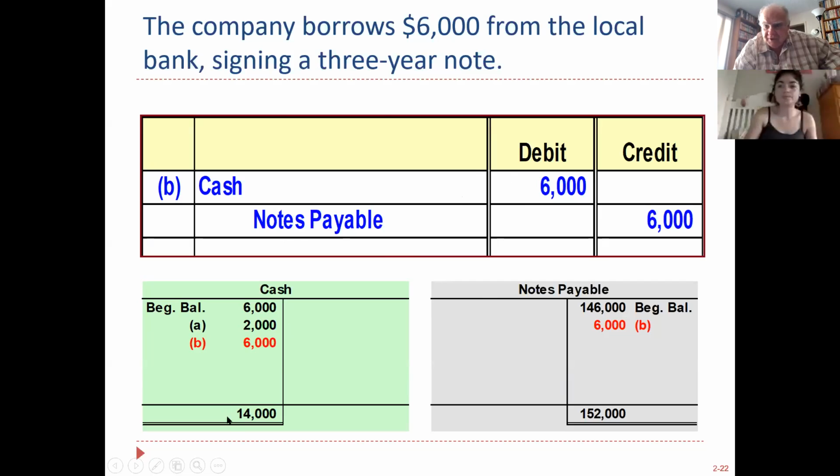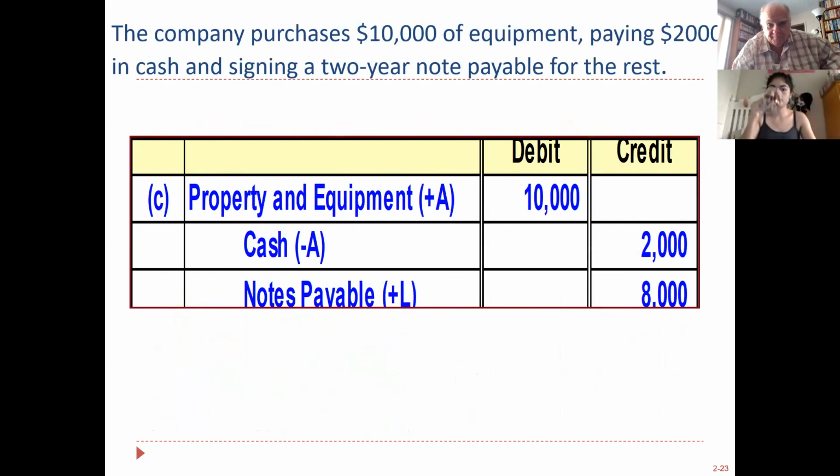You should always see a debit balance in cash. If you see a credit balance in cash, there's something wrong. You can't have negative cash. It means somebody made a mistake, there's a missing transaction, or you're playing the float the check game, which many of us have had to do in the workforce.